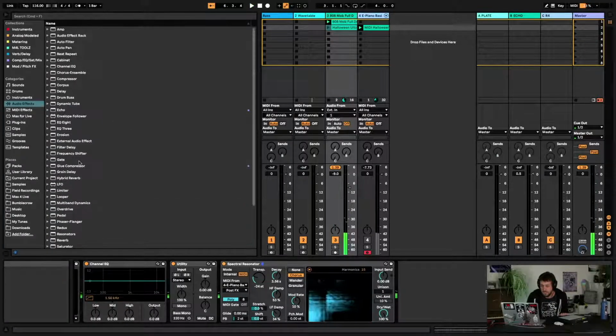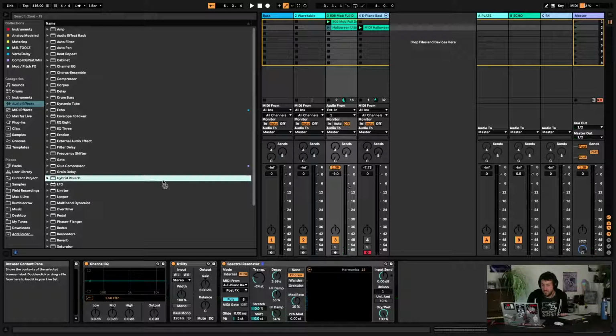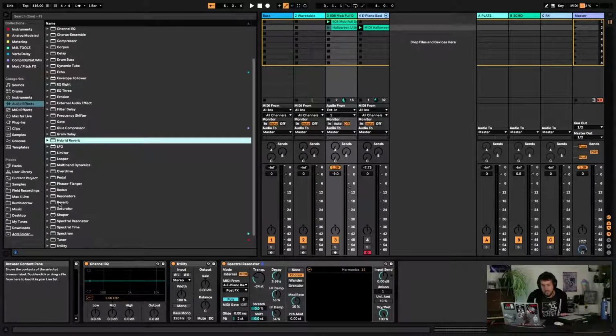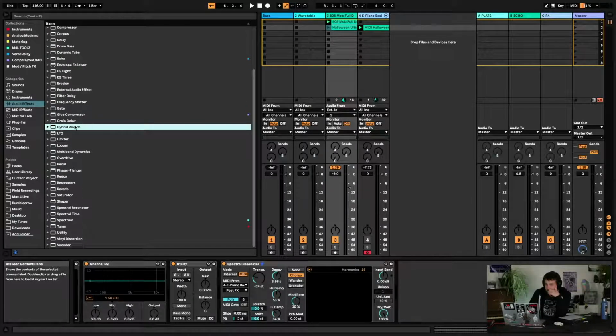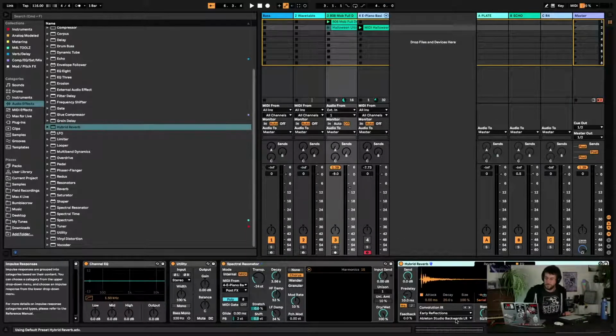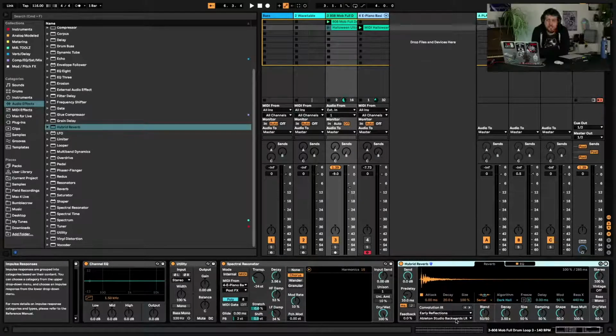Because I'm going to feed this into this other new effect. There's been a few reverbs in Ableton for a while, but they've added a new one. Here's the hybrid reverb. I believe what this is, finally, is that they've updated their convolution reverb implementations